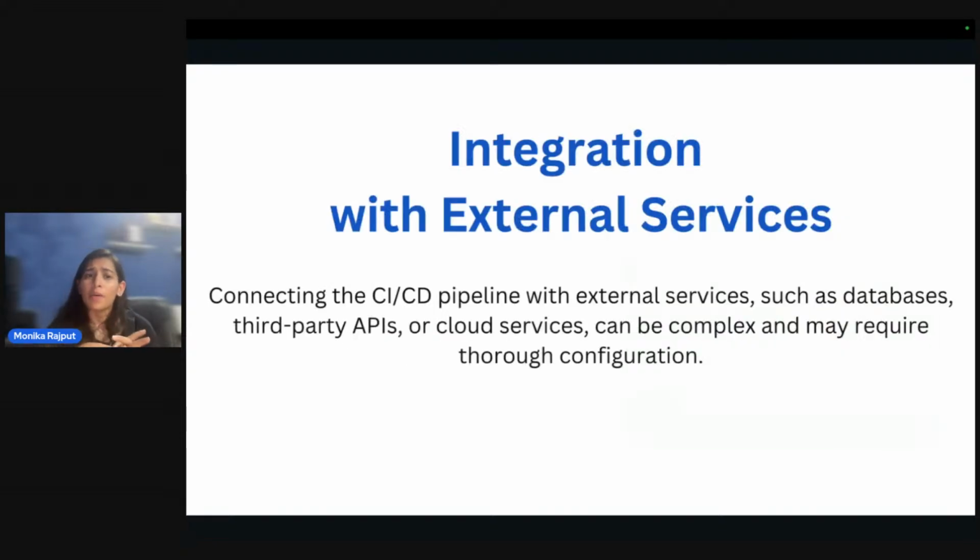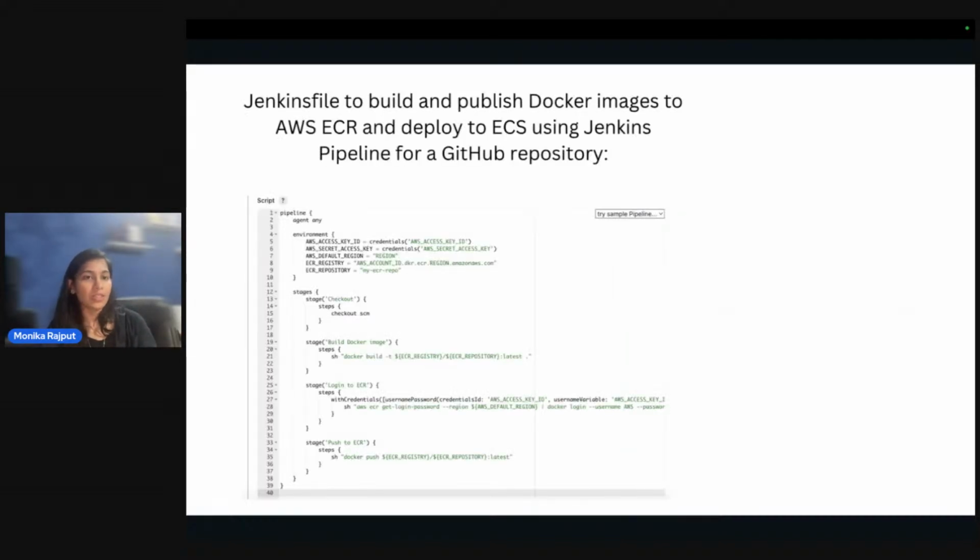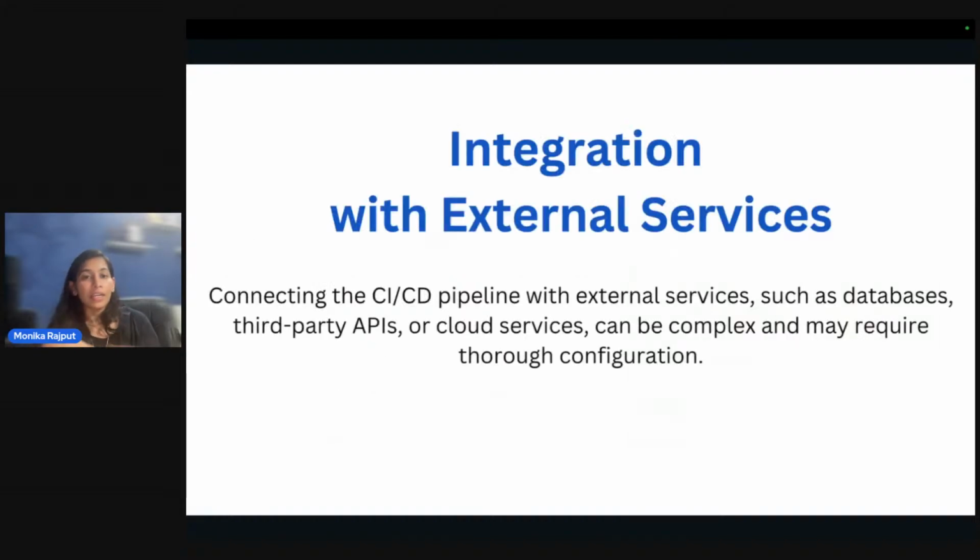Okay, so the first problem, and a very common thing you will experience while building the pipeline, is that you need to connect your pipeline with external services. Like, you need to integrate the database, for example RDS, or third-party APIs like Airflow, or cloud services like AWS, GCP, or Azure. The integration part is very difficult, not building the script. Building the script is not that difficult, but the integration part is very complicated. So you need to be very focused on how you can integrate your APIs and cloud services